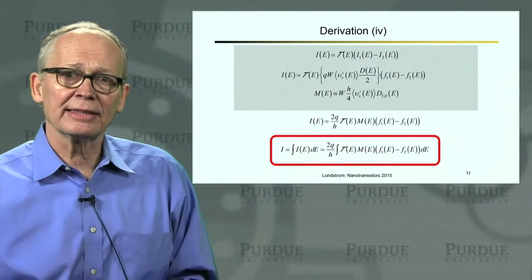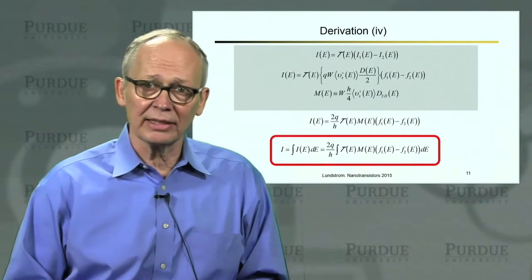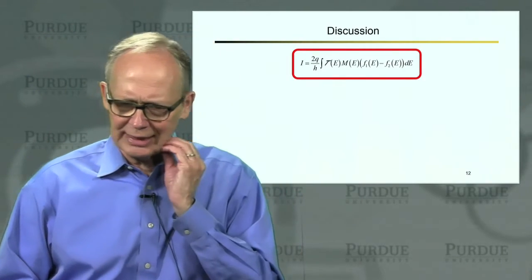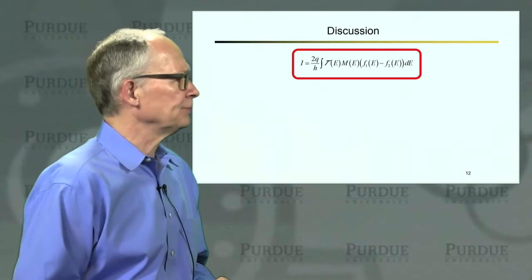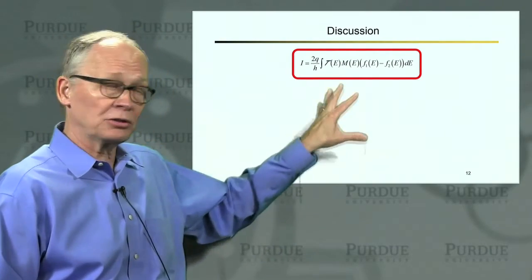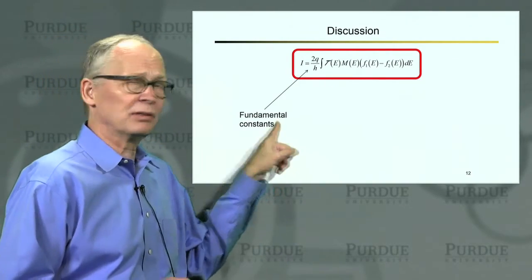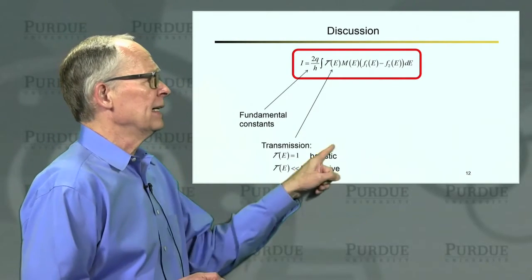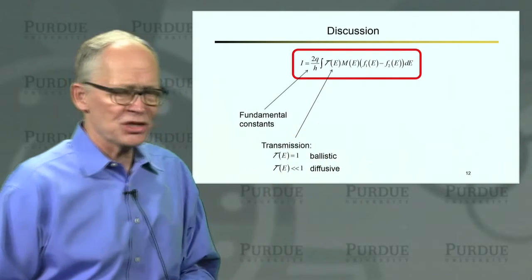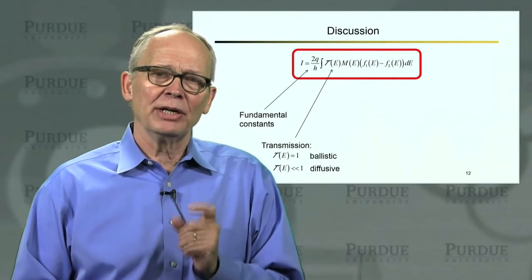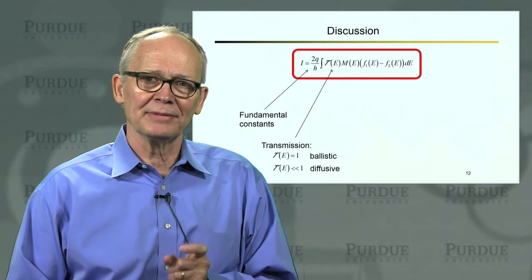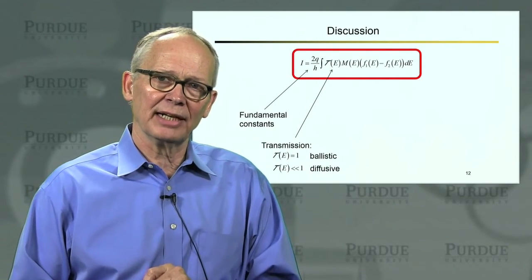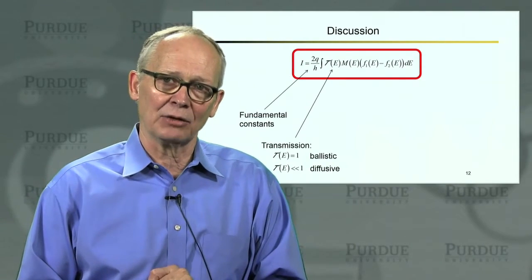So there it is. This is the expression that we're going to use extensively in Units 3 and 4, and we've seen it's not too difficult to derive. But let's discuss it a little bit, because we want to get familiar with this expression. There are some fundamental constants. We will discuss those a little bit later. There's this quantity we call transmission. In Unit 3, we're going to assume that the transmission is 1. That means ballistic transport. That means if I inject an electron from contact 1, it's going to go across the device and out contact 2.